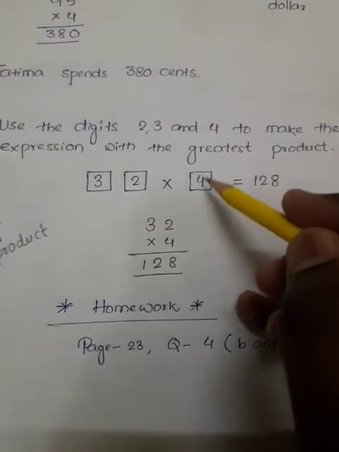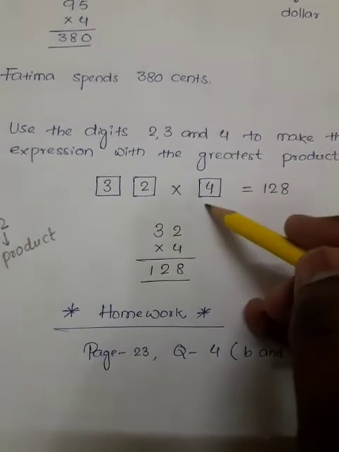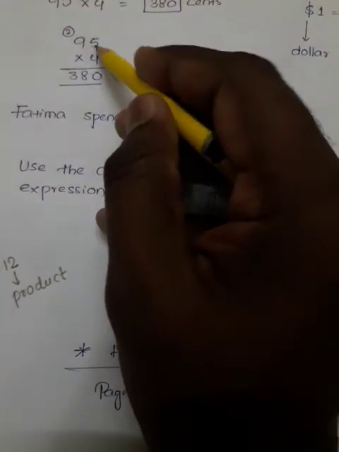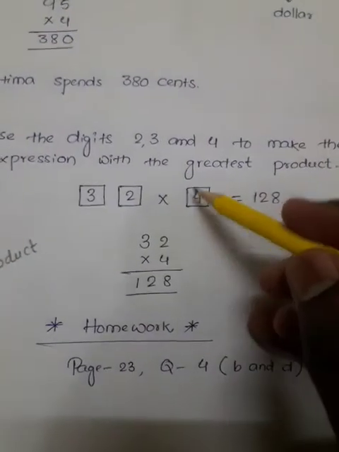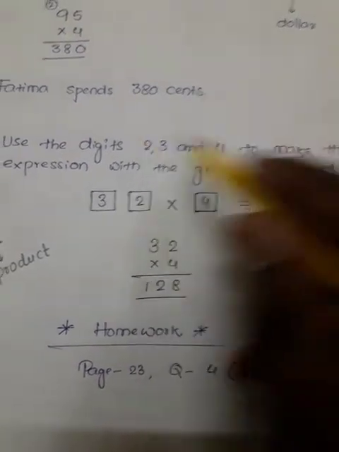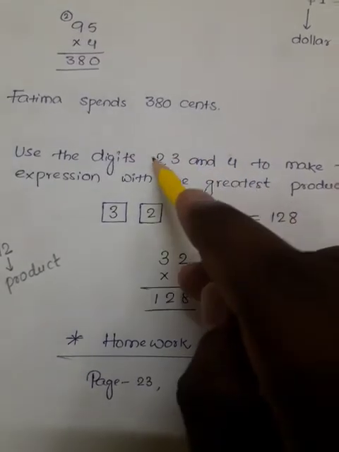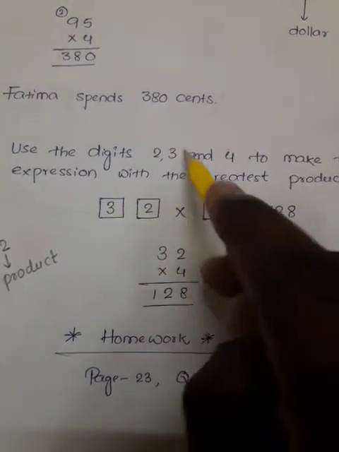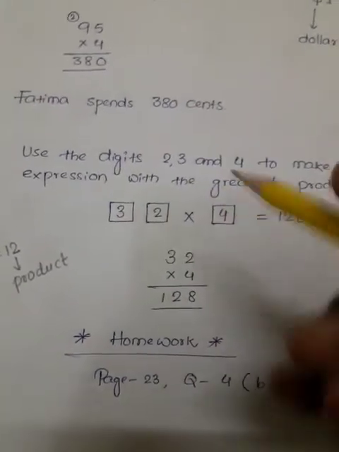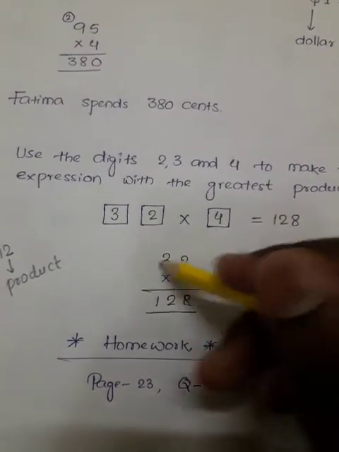First check it, because a single number we multiply with this number. Here we multiply with the 4, not with the 5. So we multiply with the single number, and the single number should be the biggest number. So 2, 3, 4, which is the biggest? 4. Write 4 here. After that, the 2-digit number. So 23 and 32, which is bigger? 32. Then multiply: 4 2s are 8, 4 3s are 12.